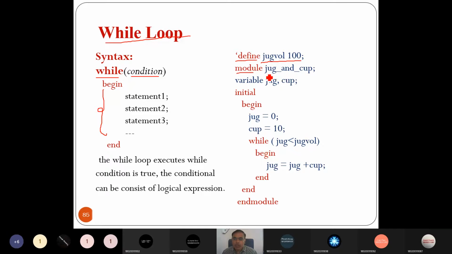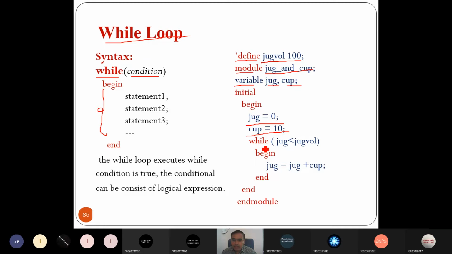Then the module name, the variable jug, and another variable, cup. So we want to fill the jug by adding a cup inside it. Let's initialize the jug with 0 value. Each cup has 10 milliliters.